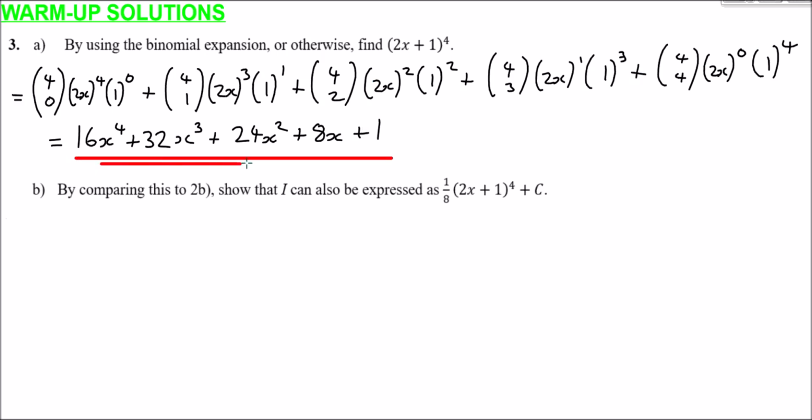So that's what we get for (2x + 1)^4. Well, expanded out, we get this expression. Now, part B says to compare that to the question from 2b, showing that I can also be expressed as 1/8 (2x + 1)^4 + c. So if I just recap what we had from 2b,